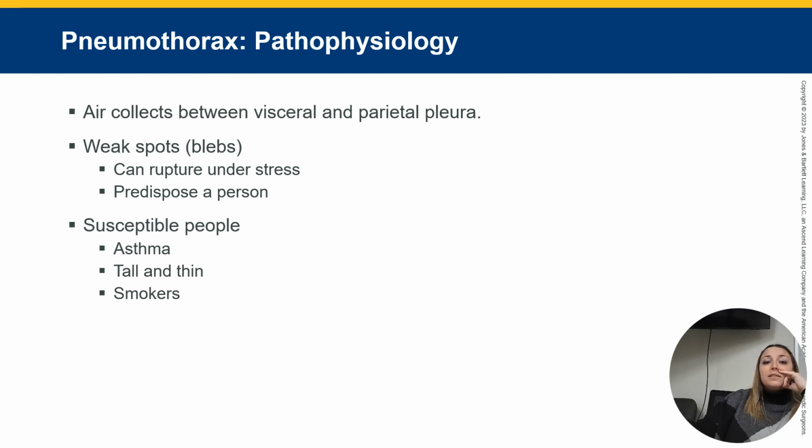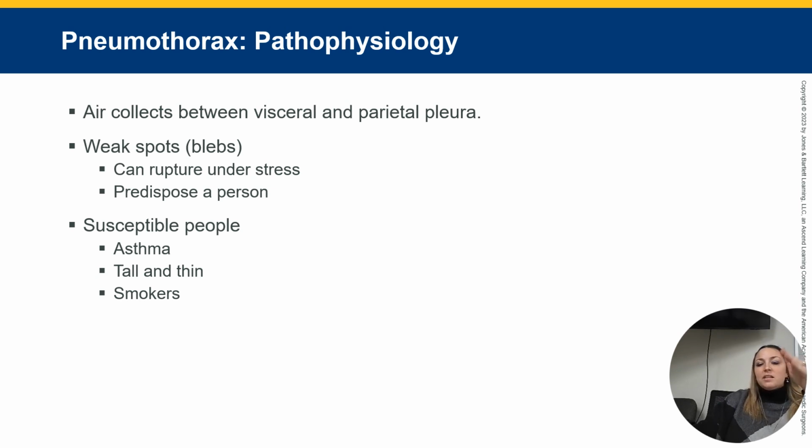So a pneumothorax. This is going to be talked more about in trauma, but air collects between the visceral and parietal layer of the lungs. So that outer layer of the lungs, we've got the visceral layer that's on top of the organ and the parietal layer that's on the outside. And when air collects in between those two layers, which normally has pleural fluid,